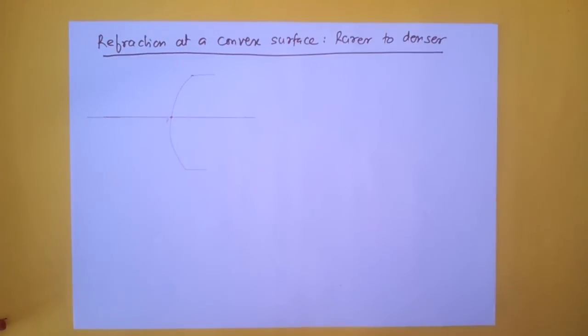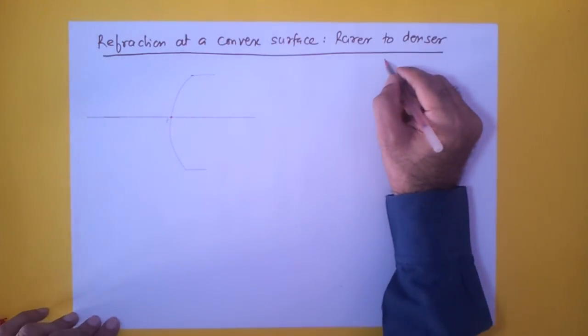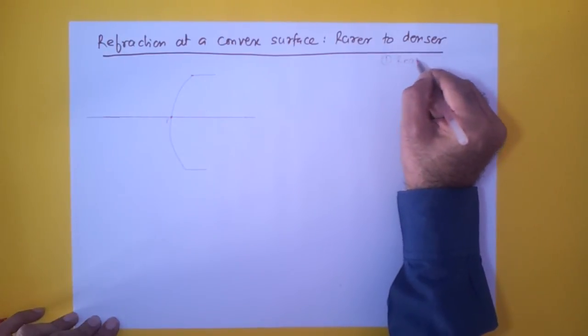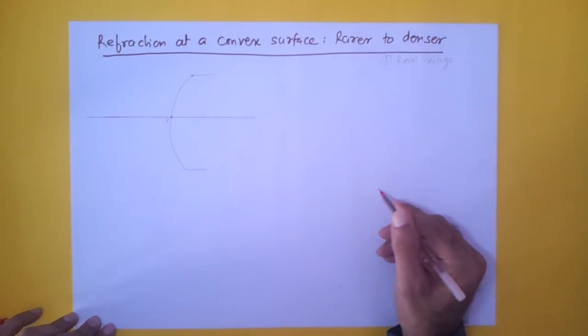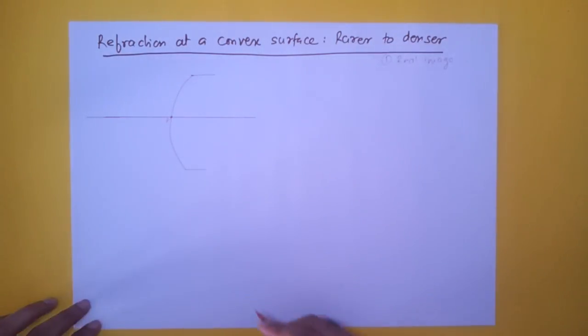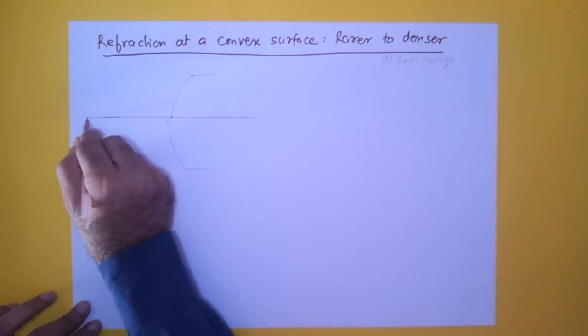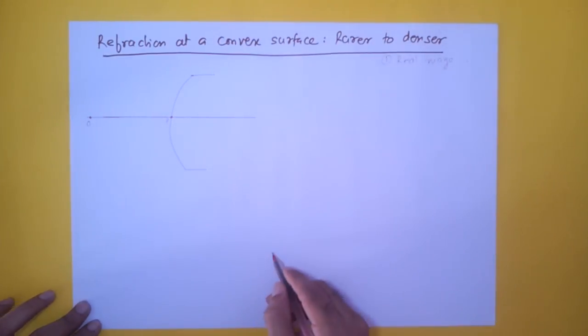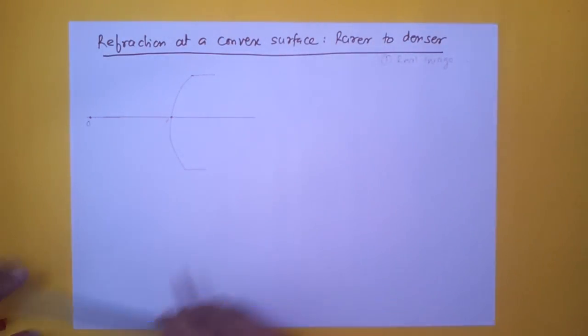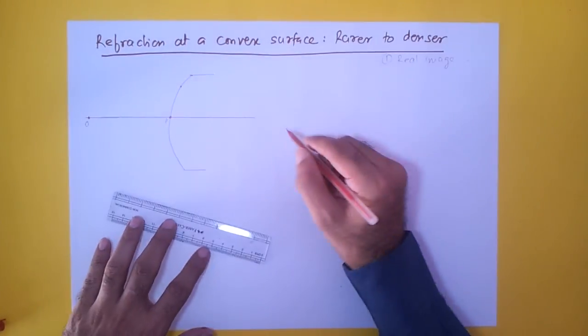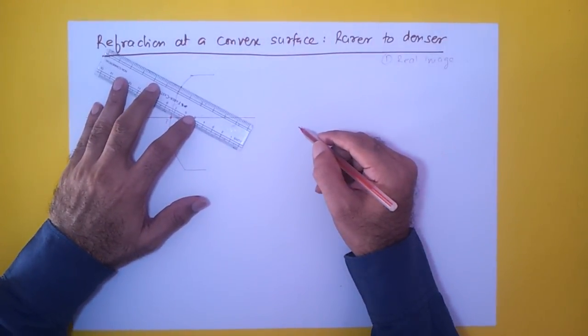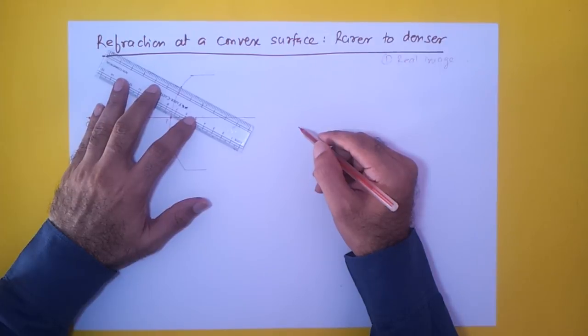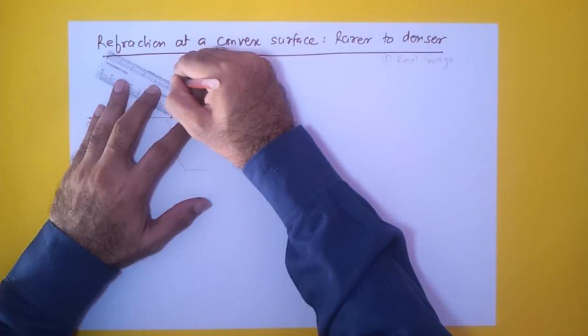Now, in case of convex lens, we know there are two possibilities. The image could be real or virtual. So let's first take the case of, let's say, the real image. And when we have a real image, the object is, let us say, far away from this. So let us say this is the object O over here. If it is incident on this particular point, I need to show the normal over here. So let us say this is the normal at this location,